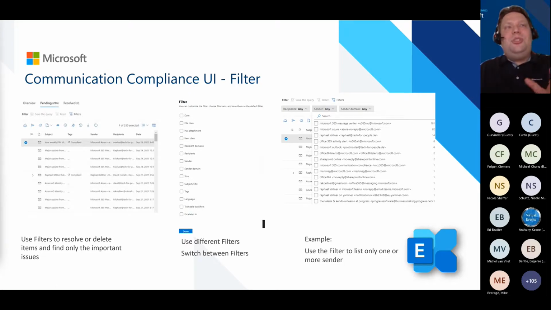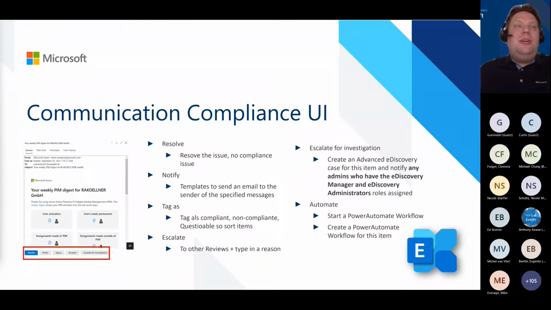So when you check this in a typical enterprise company, you find around 100,000 items here, and then you have to filter a lot. And when you filter, for example, also by email address, you can filter and you find at the end 10 items, for example, which are the critical ones, and then you can say, okay, we have to start and give the people information, for example, the manager.